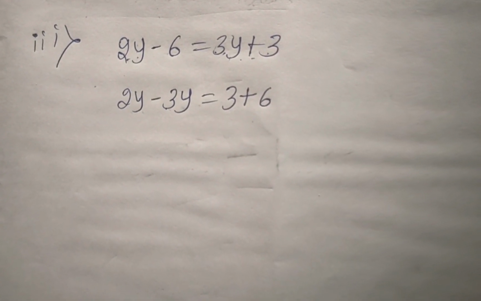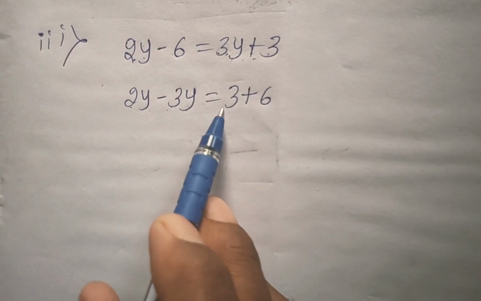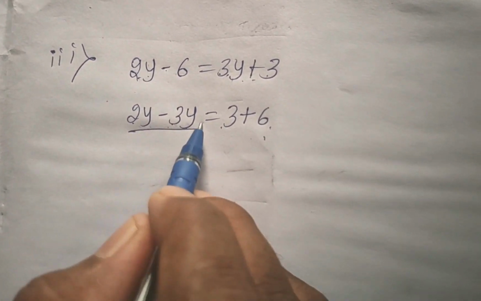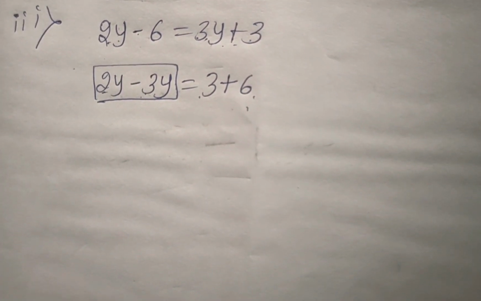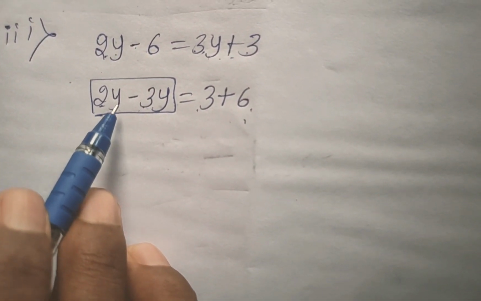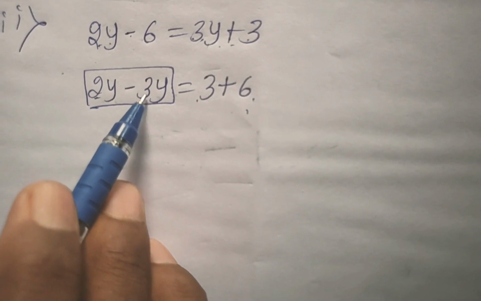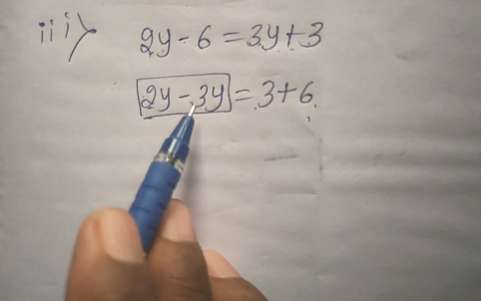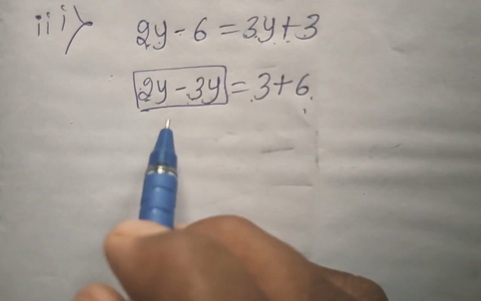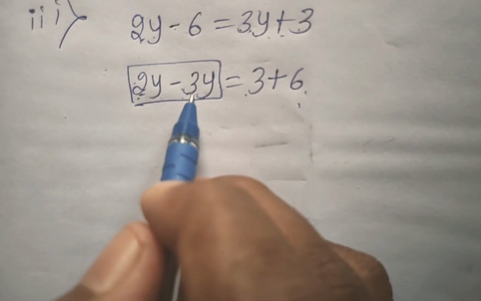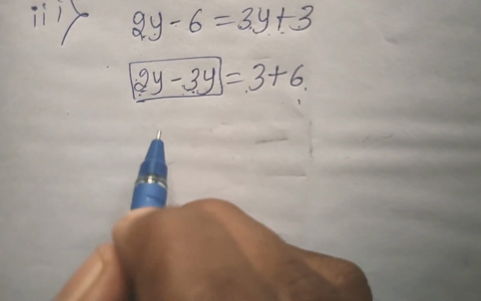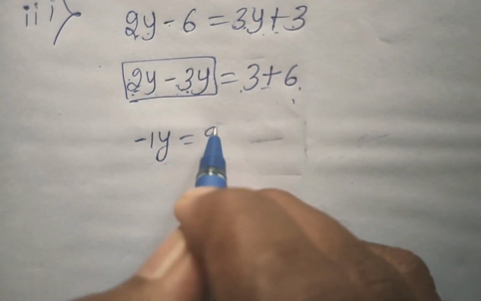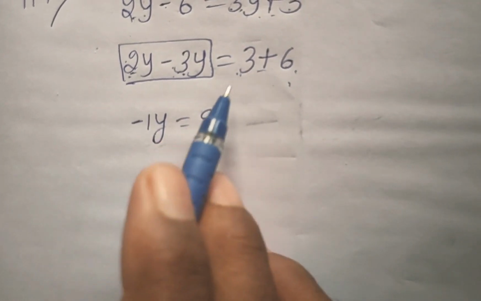that becomes plus 6. So see here, 2y minus 3y is equal to 3 plus 6. Now you have to be careful about this, 2y minus 3y. What will happen here? अभी आपको ये देखना है, ये दोनों साइन इधर प्लस है, यहाँ पे माइनस है, तो फिर सब्ट्रैक्ट हो जाएगा। सब्ट्रैक्ट होने के बाद बिगर नंबर साइन माइनस है, तो आंसर माइनस में आएगा। So 2 minus 3 is minus 1, right? Then minus 1y as it is. Now 3 plus 6 is 9, because addition is there.